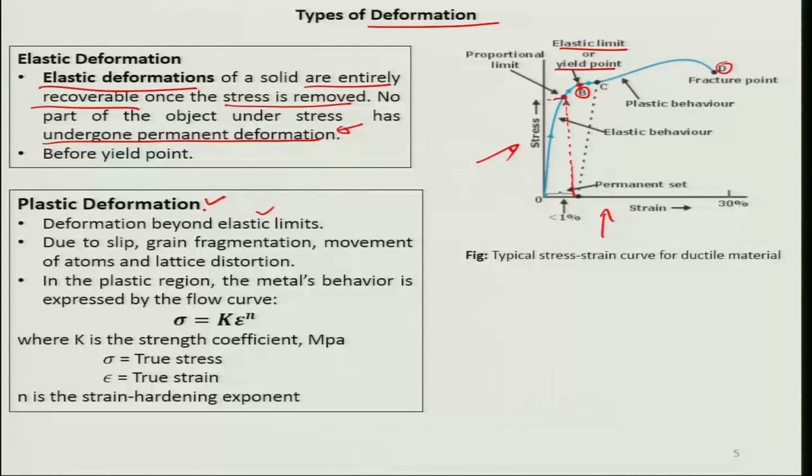Okay, and what essentially it means is that due to slip or grain fragmentation or even movement of atoms or lattice distortions, all these different phenomena, the metal moves ahead and doesn't come back. So you cannot recover the stresses in the system once the system is in the plastic deformation region. So in a plastic region, the metal's behavior would be expressed by this famous flow curve